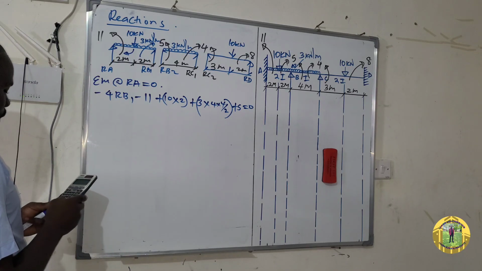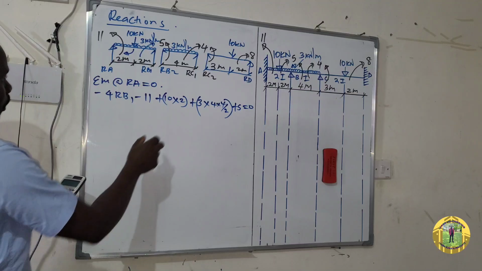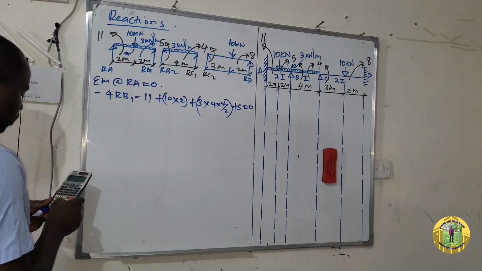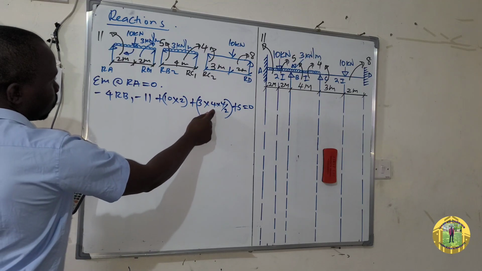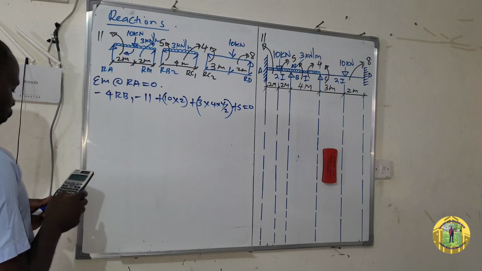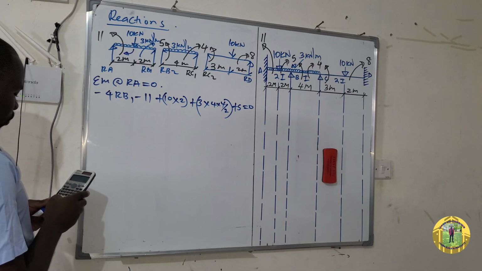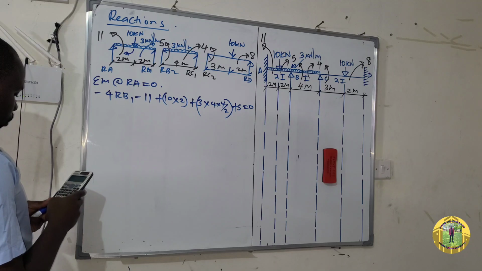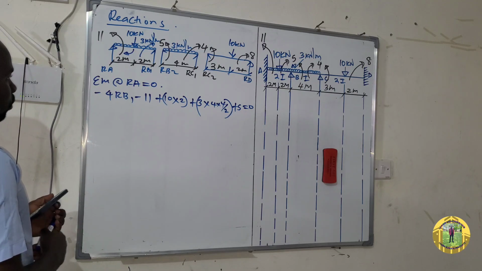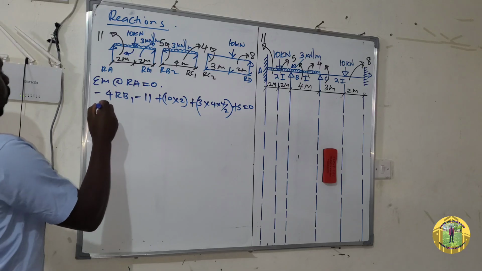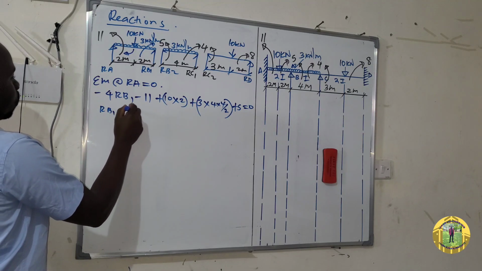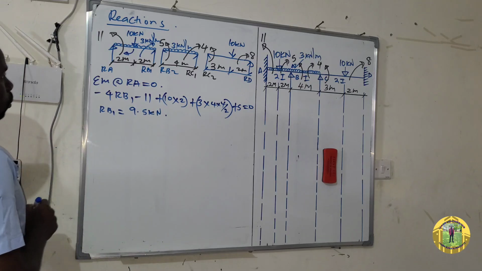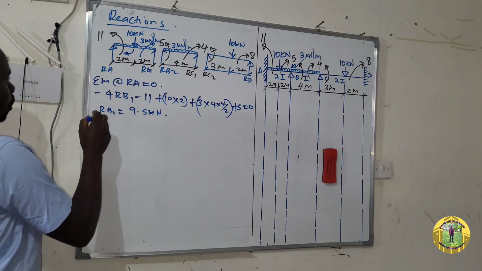So this is negative 11 plus 20 plus, this is 12 times 2, 24, and then plus 5. Divide everything by 4. You'll get 9.5. So RB1 is equal to 9.5 kilonewton. So to get RA, you will say